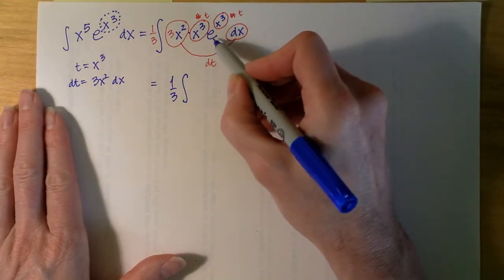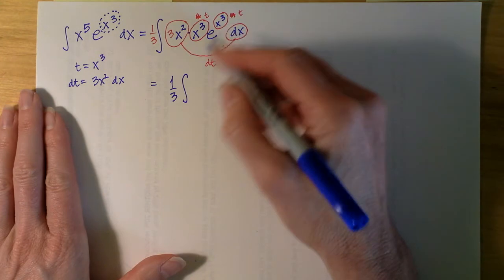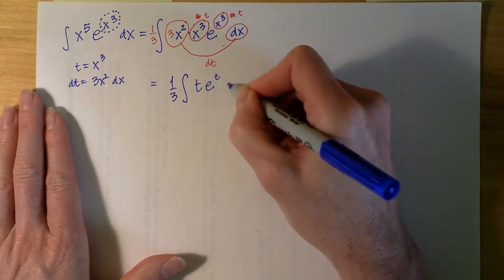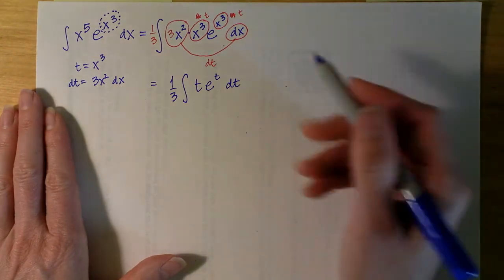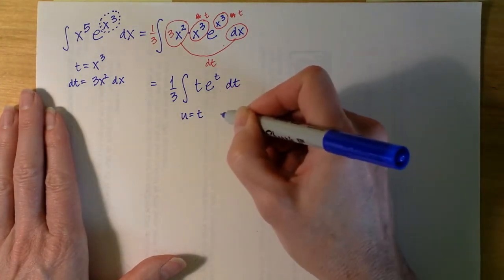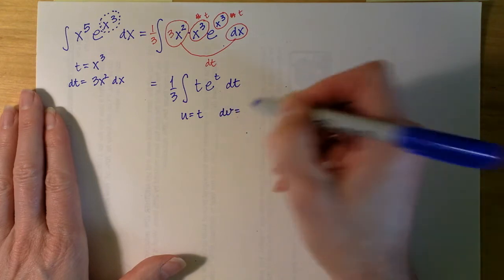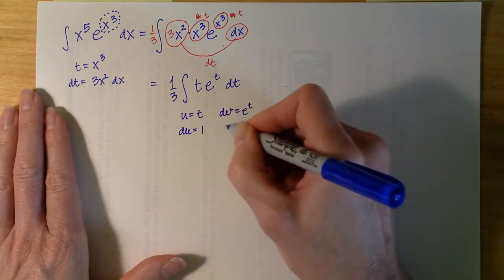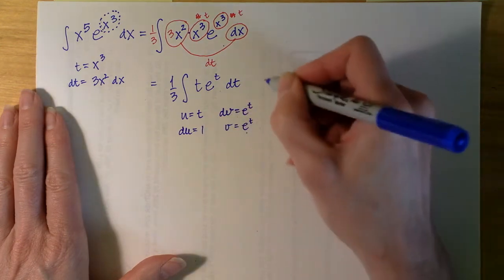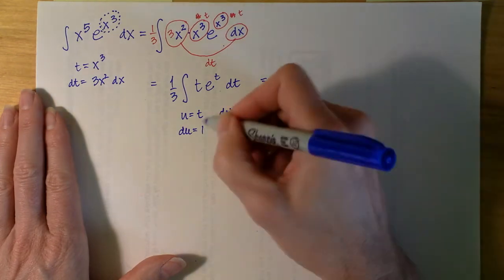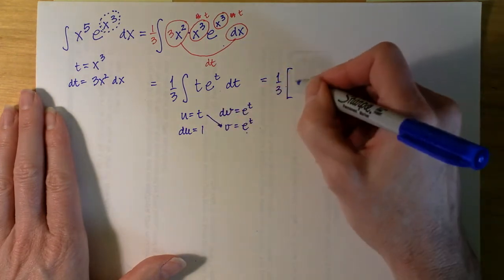Here's the integral of t times e to the t dt. And this one's super easy to do by parts. If you make u equal to t and dv equal to e to the t, then du is 1, and v is still e to the t, and when you apply the by parts formula, you get t times e to the t